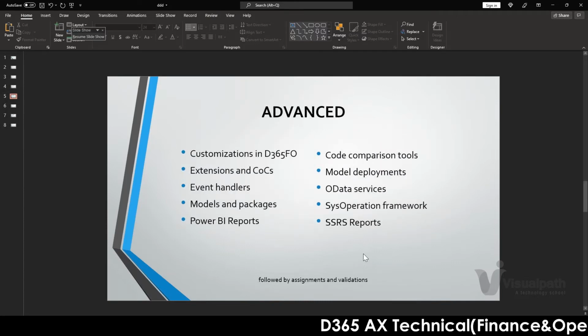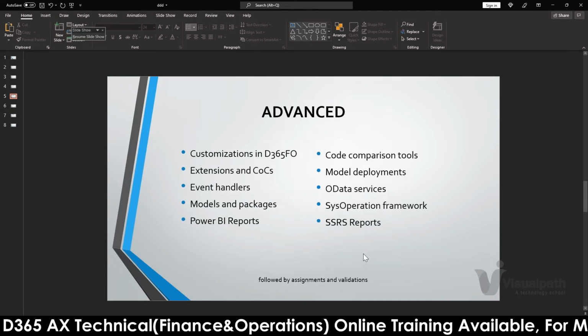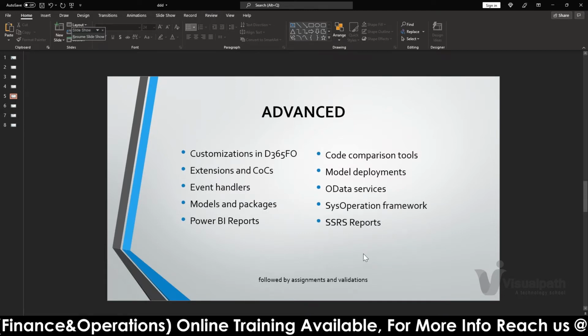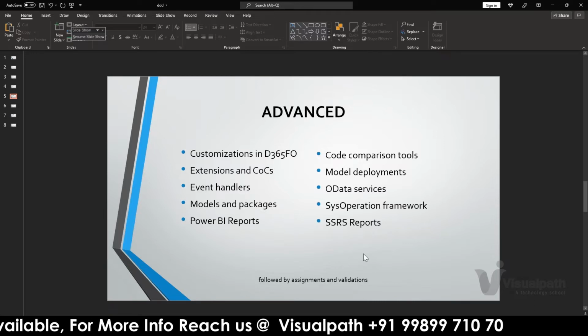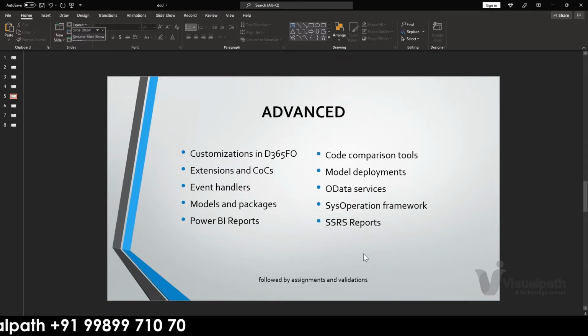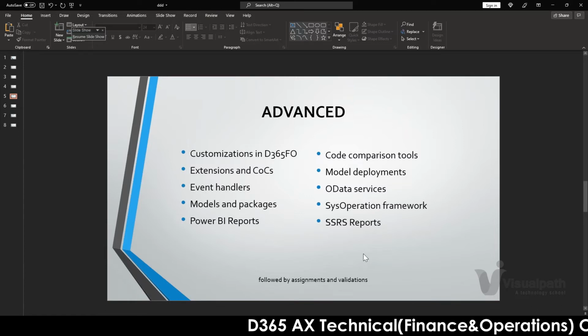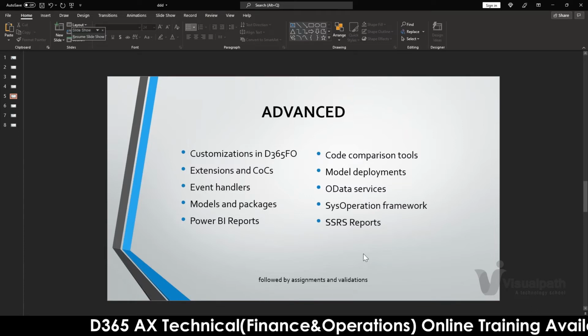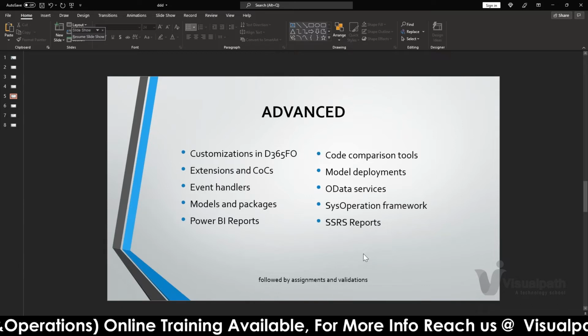Coming to the advanced topics, customization and extensions are very beautiful concepts that we have to take care of in this particular version of AX Dynamics 365. Initially in AX 2012, we used to directly customize the standard objects coming from the standard itself.